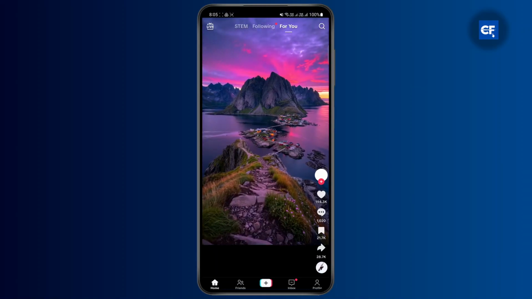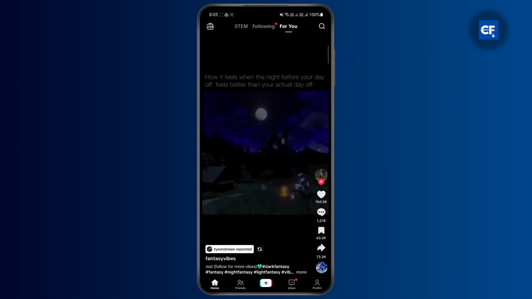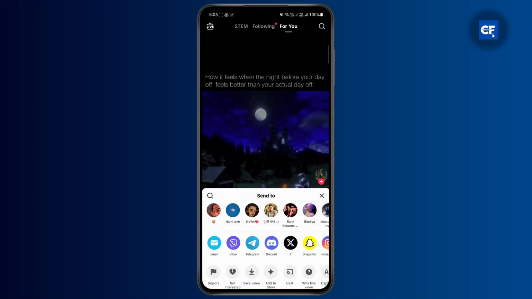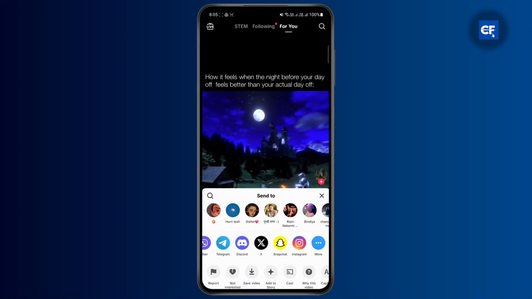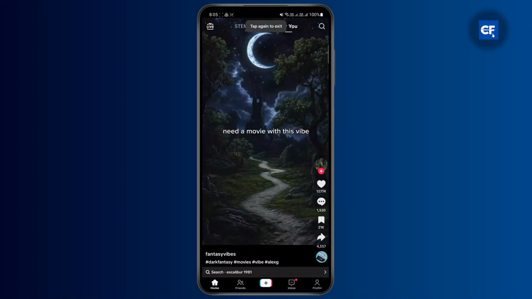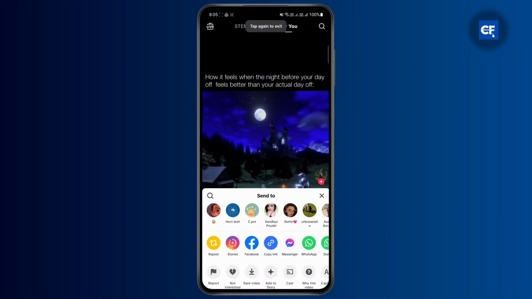So let's say I want to share this video to my Instagram story. What I can do is just tap on the share icon and then you'll find the stories option right here, right beside repost. Or if you don't see it here, scroll to the side, tap on more, and you can find it there. So I'm just going to go ahead and tap on the stories option,